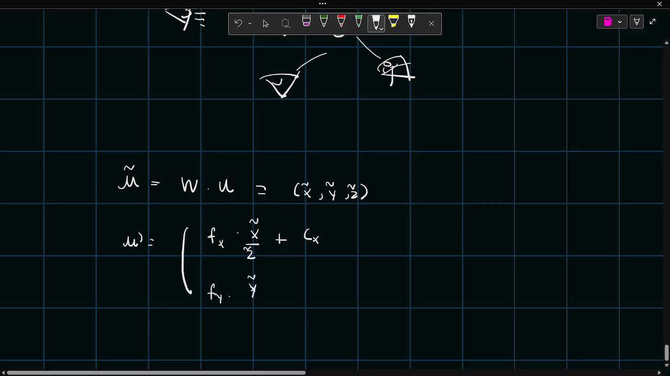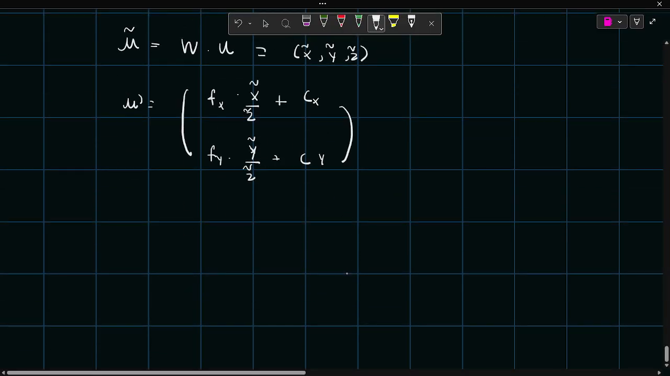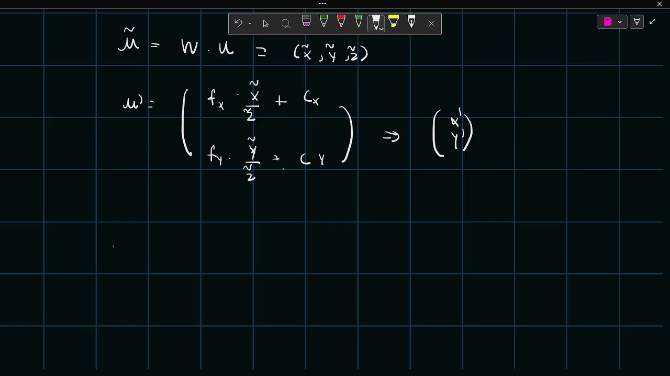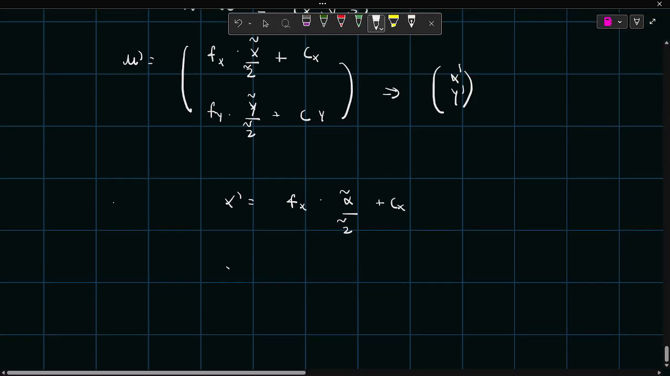So do the same thing with the help of the intrinsic parameters. We can find the other point, u dash. So this gives us an x comma y basically. So this is how we project it in 2D. So x dash is f of x dot c of x, and y dash is,